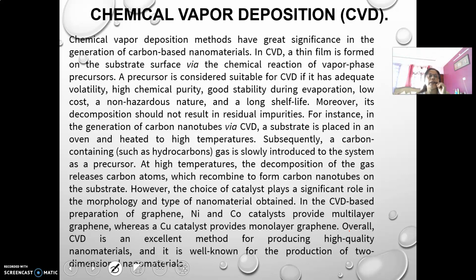Hence, depending on the pressure we apply, CVD can be classified into different categories. First and foremost, if we carry out the chemical vapor deposition process at the